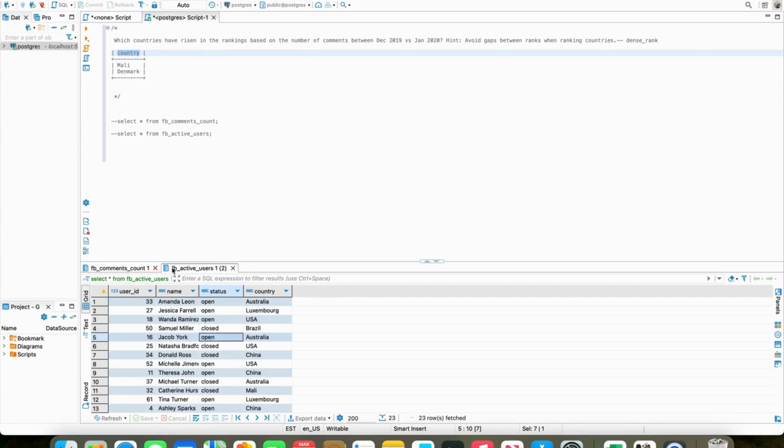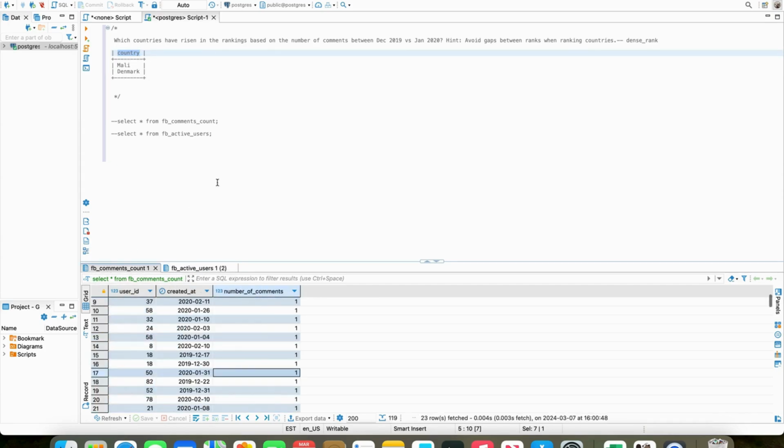So we need to join these two tables on the user ID to get the country. And we need to find out if the ranks have improved for the number of comments between this time period. So if we can find out the rankings for each country separately for December and January, and later compare if the ranks have improved for January, we should be able to solve this problem. So let's start